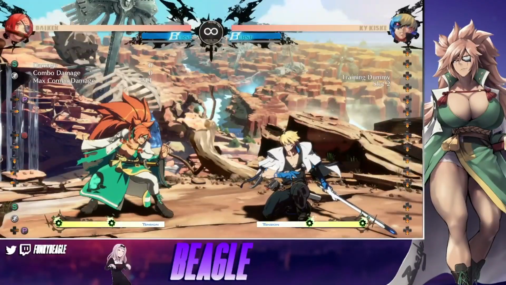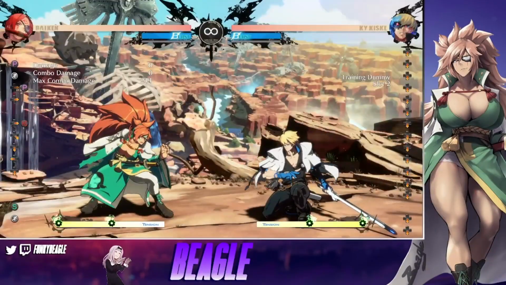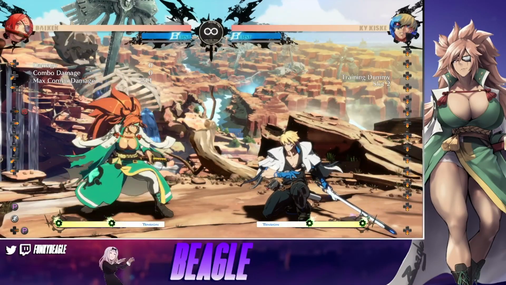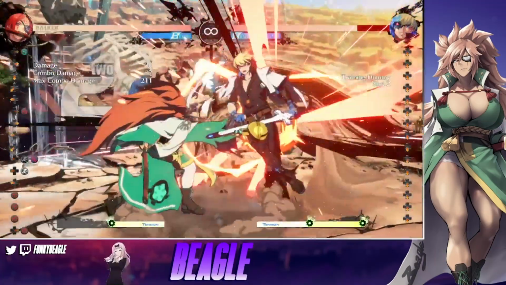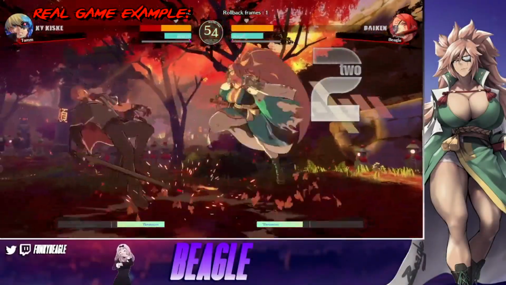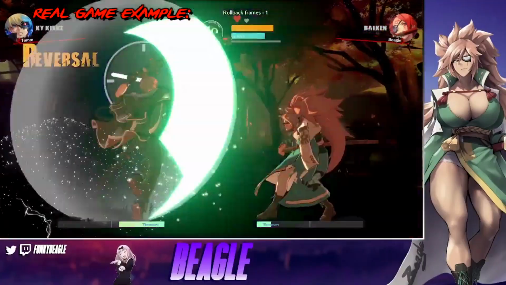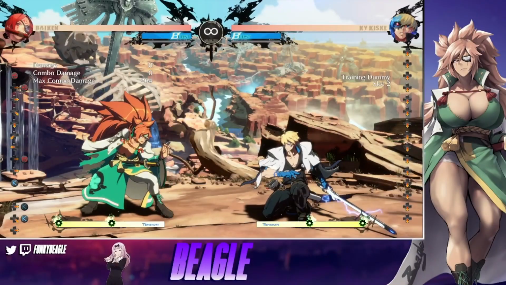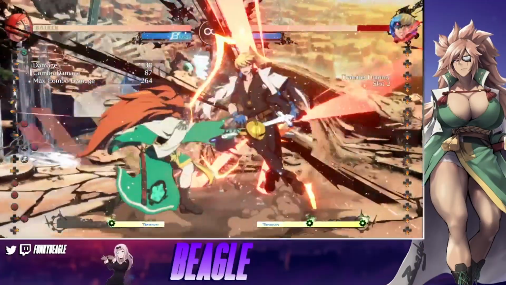So 6P is already another answer. That's if you read it. Funny enough, let's say you want to bait it out. You can purple RC. People saw me do this earlier on a Kai, actually. This is my personal favorite thing to do, is bait it with purple RC, and then get a big, big